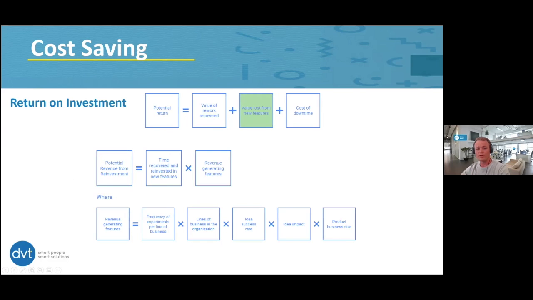Okay, moving on. The formula they use to calculate the potential value added from reinvestment of the previous gains. So saving that time and reinvesting that time into revenue generating features. The time wasted on rework could have provided gains elsewhere. So revenue